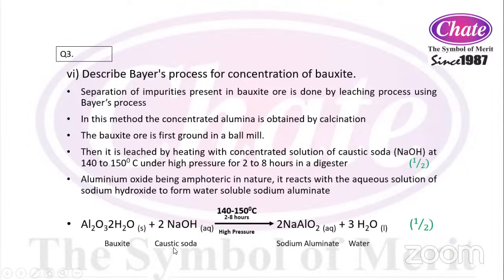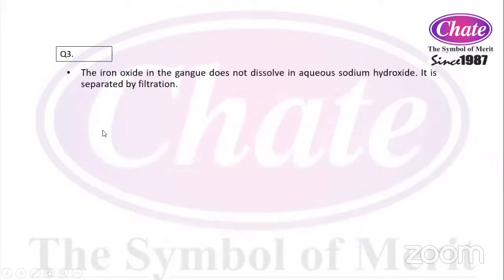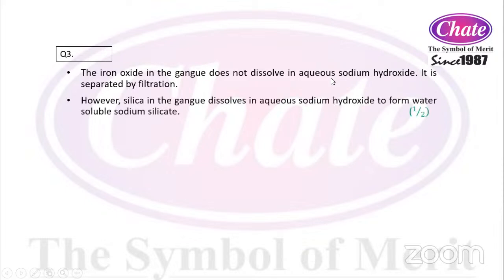So you can see here, bauxite plus caustic soda, it gives you sodium aluminate and the water. Now the iron oxide in the gangue does not dissolve into the aqueous sodium hydroxide. तो हमें पता है कि इसके साथ जो impurities हैं, जैसे कि आयरन ऑक्साइड है, सिलिका है, टाइटेनियम है, ये सारी चीजें यहाँ से निकल जाती हैं। सिलिका तो डिसॉल्व हो जाता है एक्वियस NaOH में, सोडियम हाइड्रोक्साइड में, but गैंग बाकी जो है जैसे कि आयरन ऑक्साइड वो डिसॉल्व नहीं होता, तो वो मिक्स नहीं होता, तो उसको हम फिल्टर आउट करके फेंक देते हैं,